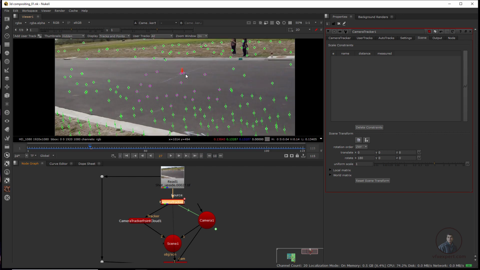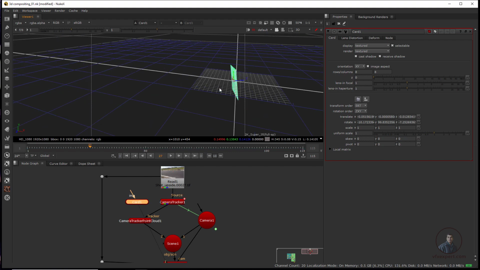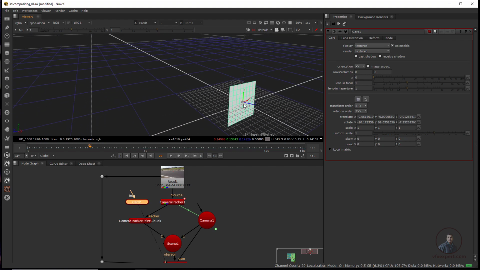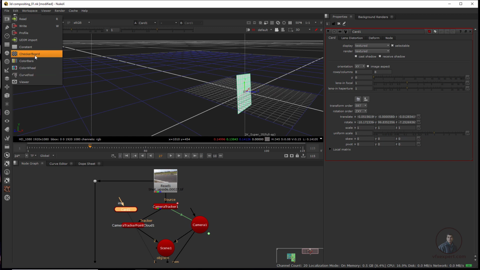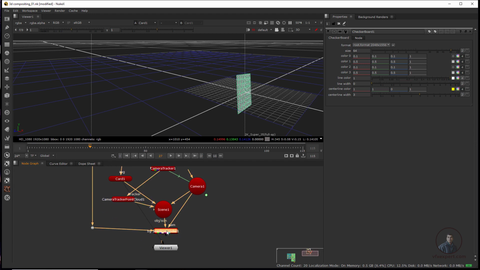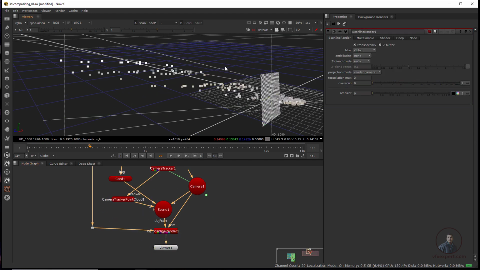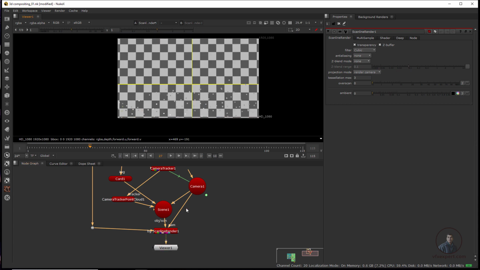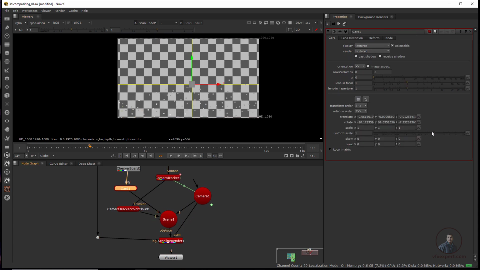Now temporarily I am going to create a card here, then right click, create, and a card here. So this is our card. So now you can see here, take a checkerboard and attach it here, otherwise it will show in black. Okay, then the same card we have to attach in our scene. Now select this one and press 1 here, double click here, and press tab button. Now you see it in 2D view. Again, resize this card a little bit.